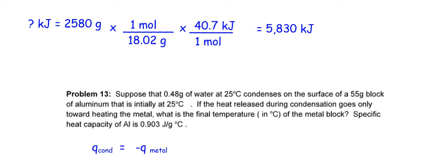Oh my goodness, this goes back to chapter 6, doesn't it? So what did I write here? The Q of cond. Well, what does that mean? Condensation, all right, equals negative Q of the metal. So in other words, the heat released by condensing the water goes to the heat absorbed by the metal. Why don't you think about this and work it through yourself? Please actually try it and then come back when you're done.